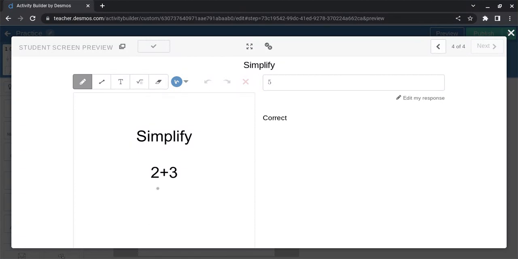And then also because this is a sketch, you can also see what they are writing out here. So this is a quick way as a teacher for you to be able to look and see, are they getting it? Or are they not getting it? Just again, keep in mind that if you have feedback turned on, then they can go back and change their answer because